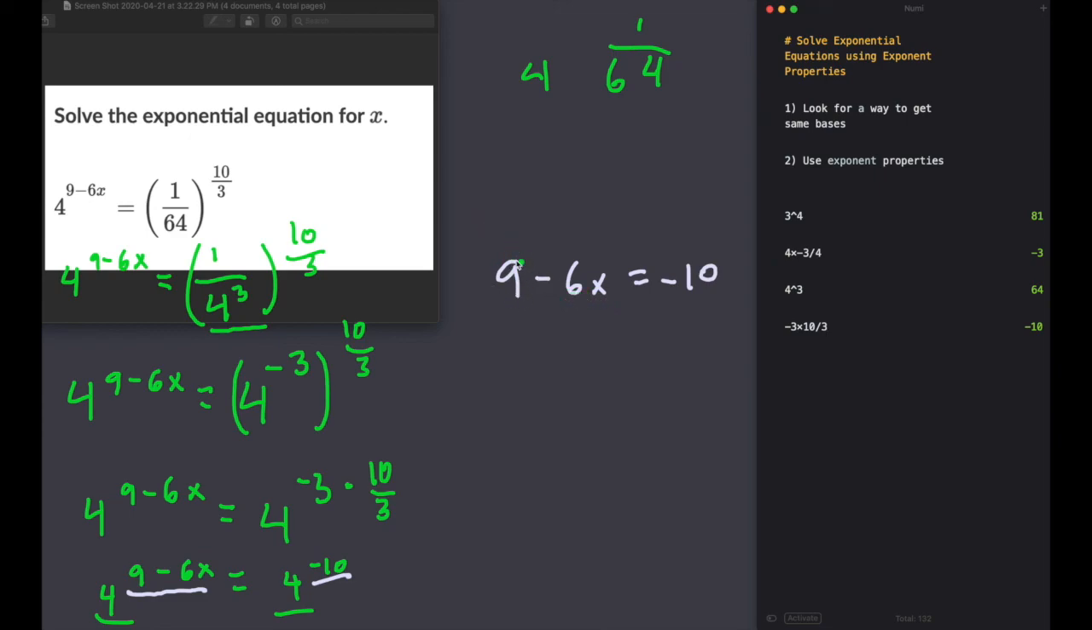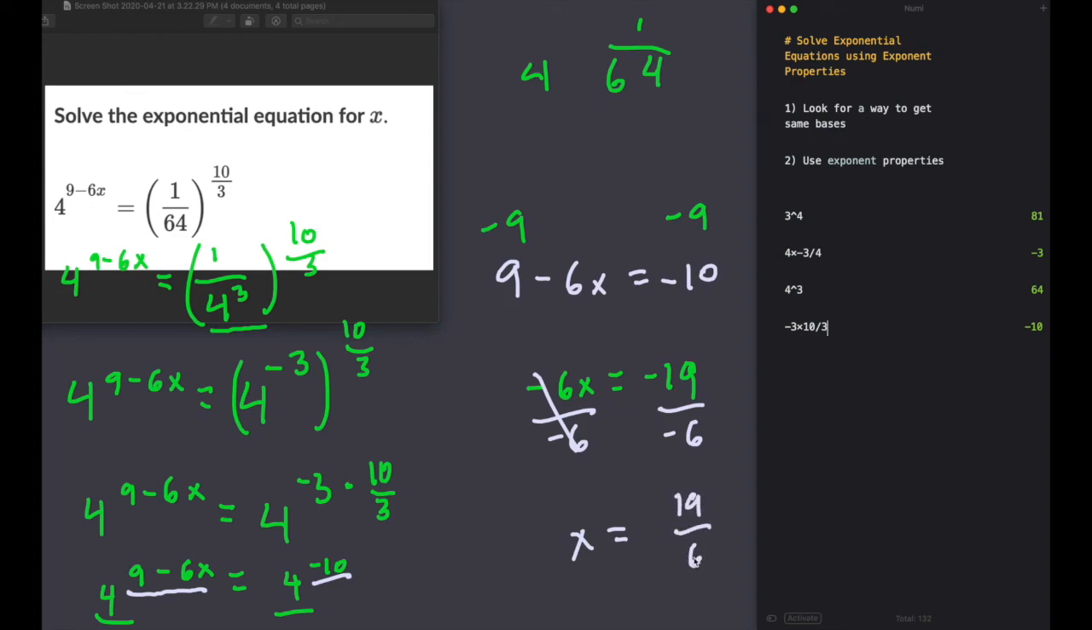So we're going to get rid of this other term, this 9 here. So we're going to subtract 9 from both sides. And I get negative 6x equals negative 10 minus 9, which will give me negative 19. And then we are going to divide by negative 6 on both sides. And I end up getting x equals